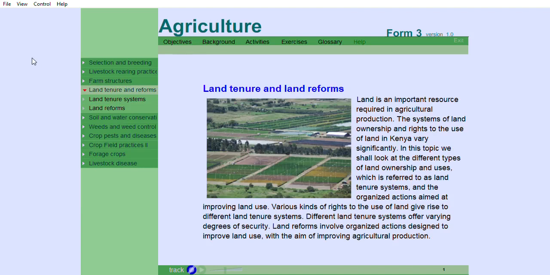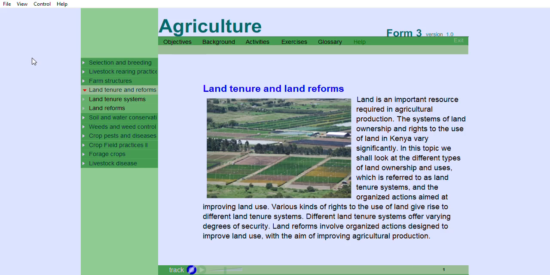Agricultural Economics 2, Land Tenure and Land Reforms. Introduction. Land is an important resource required in agricultural production. The systems of land ownership and rights to the use of land in Kenya vary significantly. In this topic, we shall look at the different types of land ownership and uses, which is referred to as